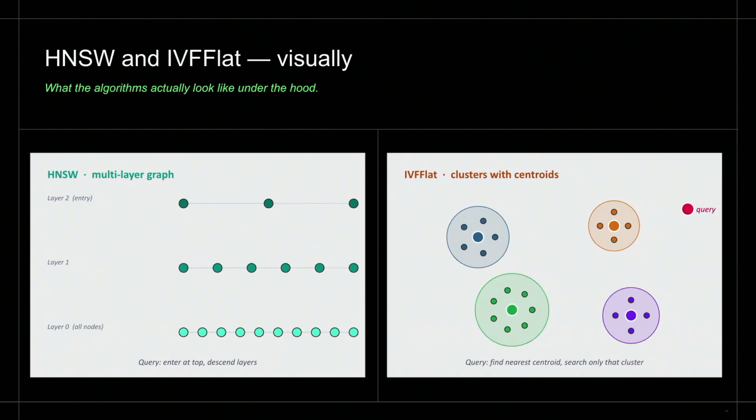Whereas in IVF flat, it's divided into clusters. You can see in this example 4 different clusters. The query vector sees which centroid is the closest, and then within that particular cluster, it finds the answer. So basically, you reach the same destination, but you use different journeys, different paths.